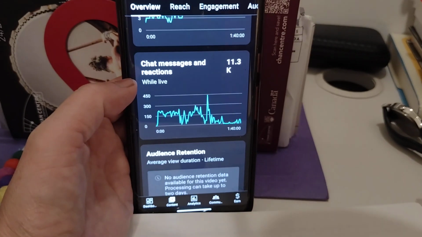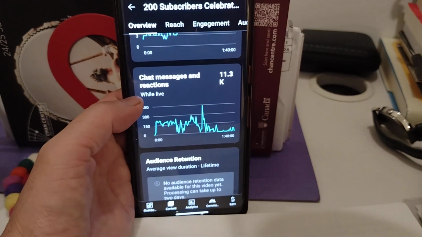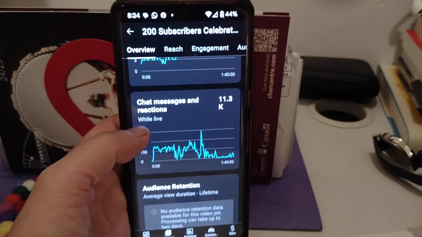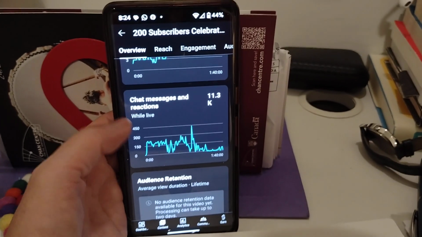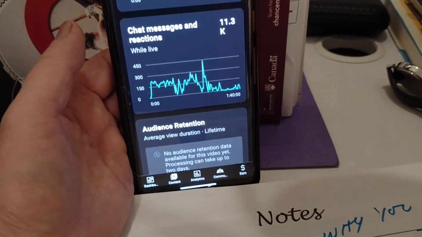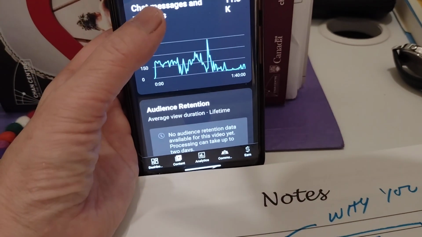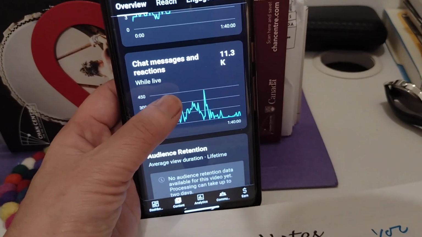So YouTube is tracking also. You figure this must be important because they are tracking this. It says chat messages and reactions while live. There were 11,000 interactions. So if you click on this,